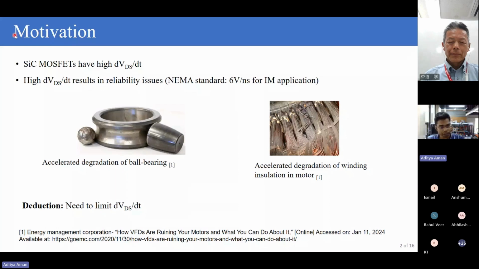The motivation of the talk is that silicon carbide, we understand, has a very high dV/dt, which is a very desirable trait as it leads to reduction in switching loss, which results in an improvement in efficiency. However, high dV/dt also brings its own set of challenges. High dV/dt is known to cause reliability issues in many power electronic